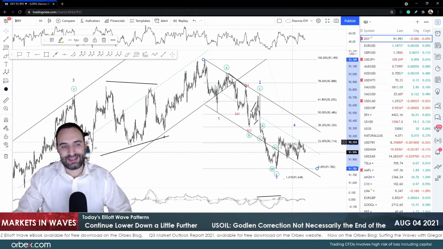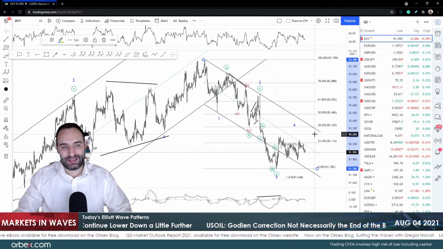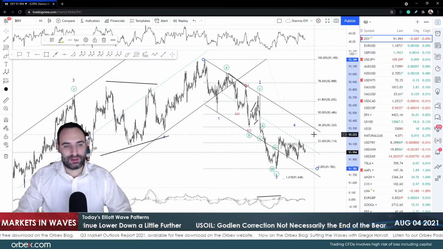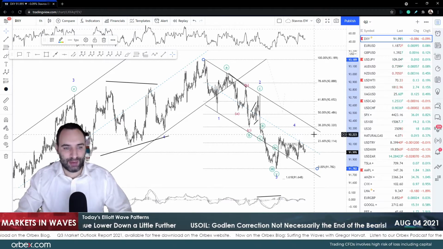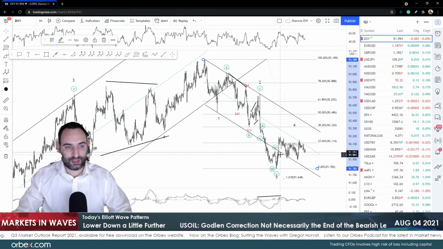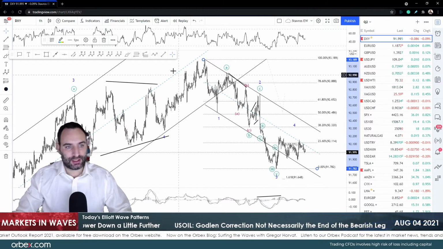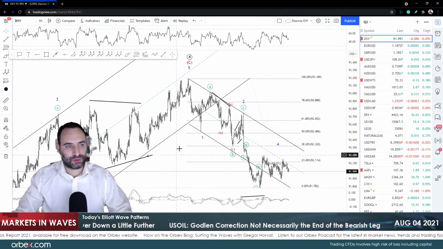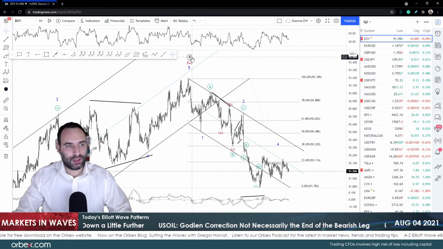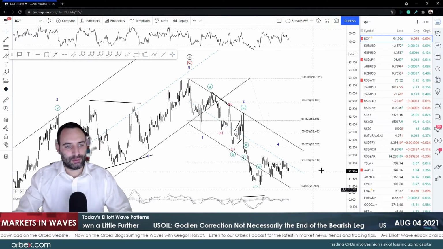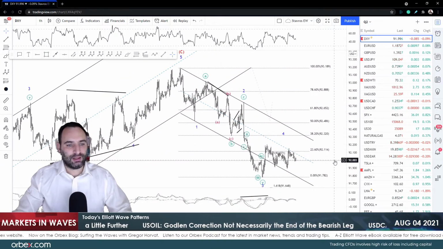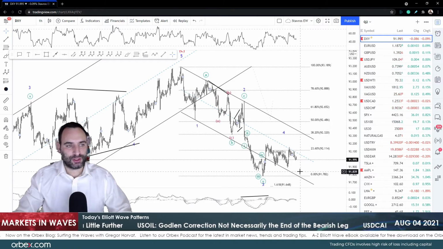Okay, so it might be a case that this is WXY, because we might get another high over here rather than the triangular variation, purely because we want this guideline to be supported. Now, one might suggest that it might be some sort of correction down here, ABC, and we might start seeing prices moving up, and then we're going to get wave 4 here, and there's going to be a WXY, which is a combination of a flat and some other sort of pattern. But I doubt this is the case, guys. I believe that I'm going to see a continuation to the downside for the index.